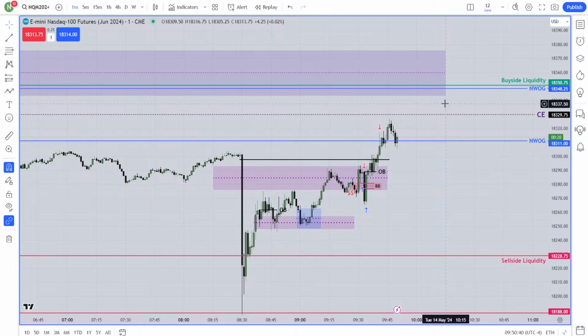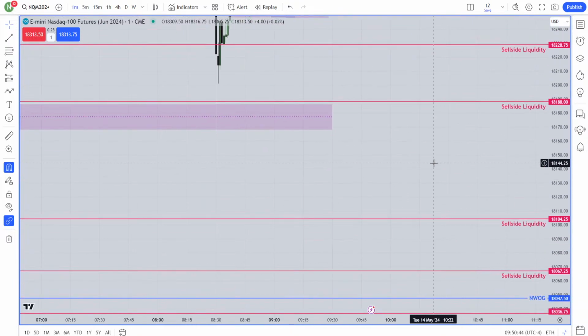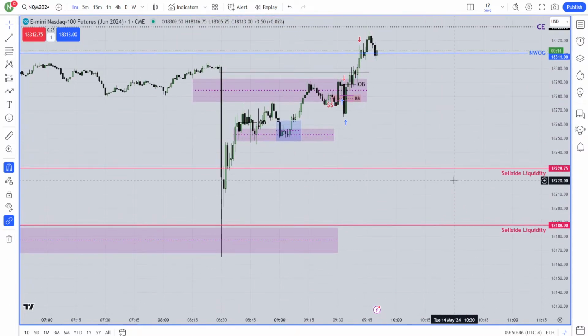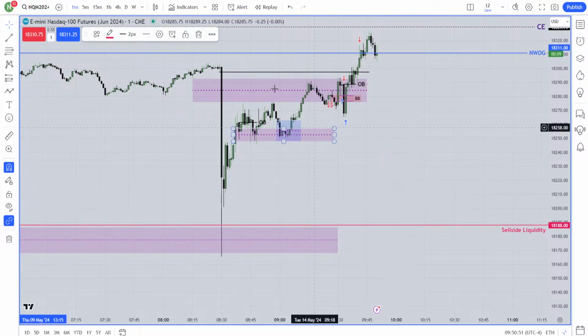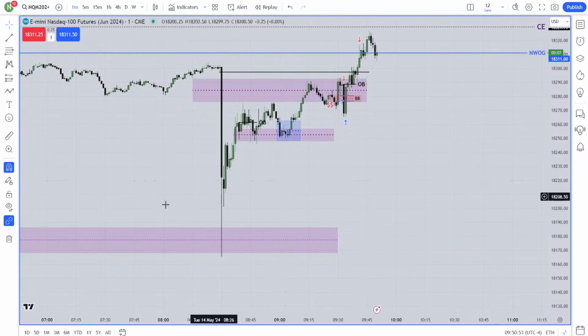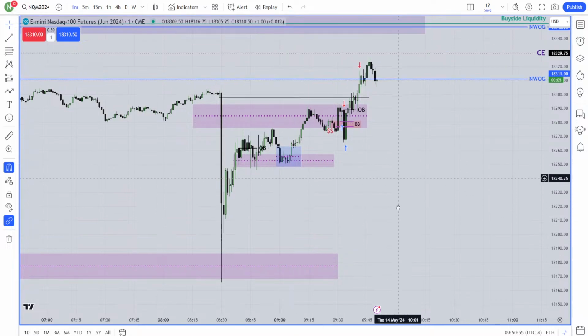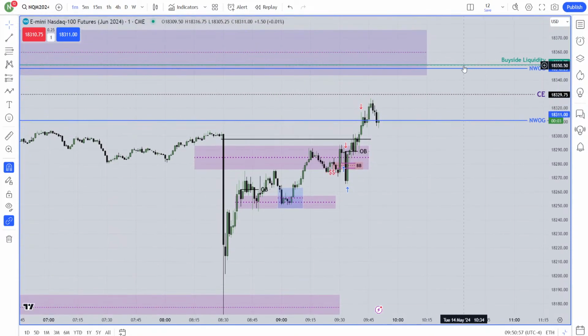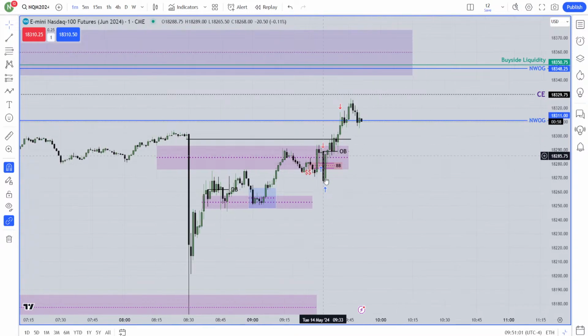I will expect around 8:30 it will keep falling, boom, until that sell side liquidity. It will keep falling, keep falling. I'm gonna remove this sell side liquidity from my chart because I don't like those lines, a lot of lines. Just remember it has taken all the liquidity, and this buy side liquidity, primarily that is my target. If I'm wrong, I will be happy with that, because